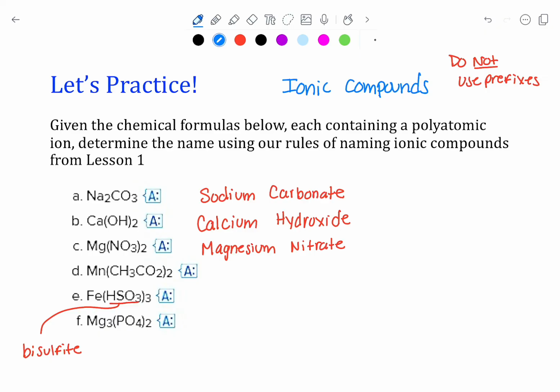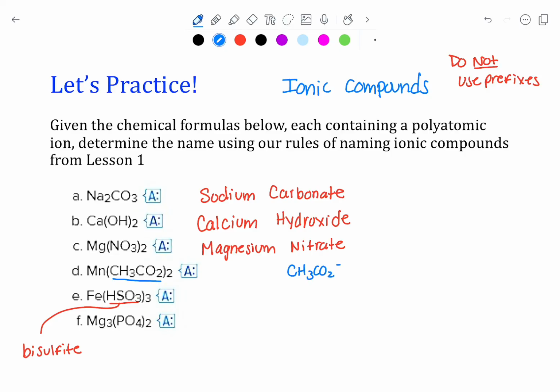In our next example in D, we have manganese. Mn is manganese, which is one of our transition metals, so we have to use a Roman numeral. So we have to determine its charge. Well, let's think of what our polyatomic is here. This one is acetate. Acetate has a -1 charge, so we have